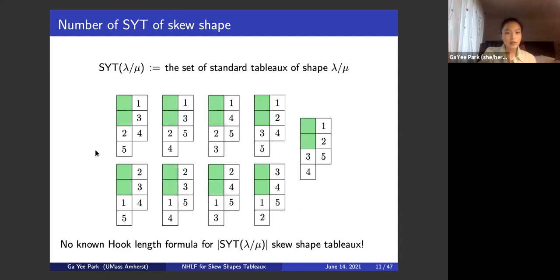And you can see that this inner corner here has a little bit more degree of freedom than in the case of a straight shape, because it is no longer restricted by the elements above. So this can be as small as 1 if it really wanted to. So that adds a little bit of complexity to these skew shape tableaux. And there's no known hook length formula, at least in product form, to count the number of standard Young tableaux for skew shapes,